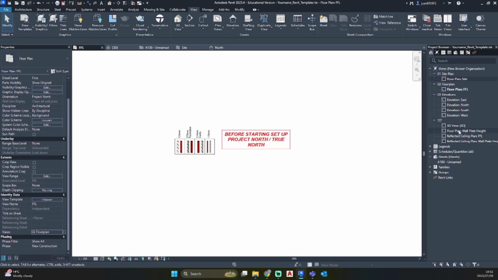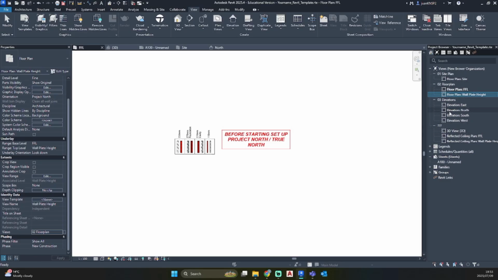So let's add our wall plate height to floor plan. You don't have to retype floor plan. If you are hovering here, you'll see there's a little drop-down menu that pops up, and just select floor plan and it will put it into that category.